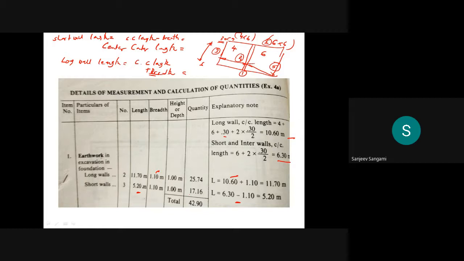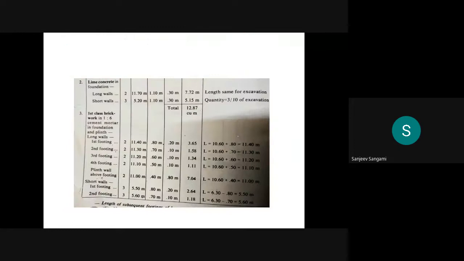So this is till the ground level calculations. Means only this is for the foundation. Remember, this is for the only foundation. You might have understood this is the long walls center to center length. Of course, it's very easy. Do the calculations they have done. Then he has said in the section, you might have seen the footing.